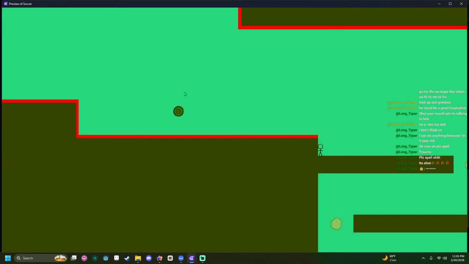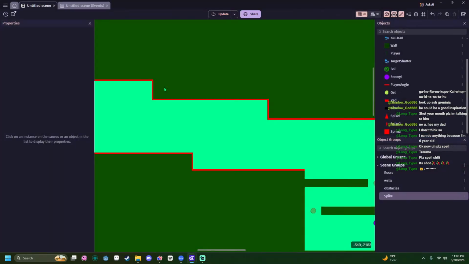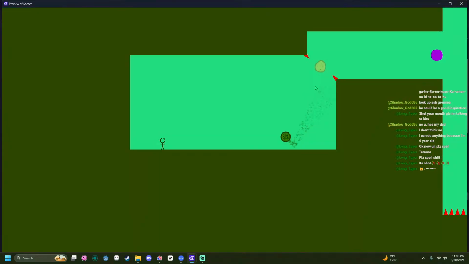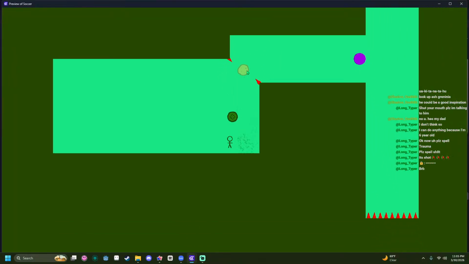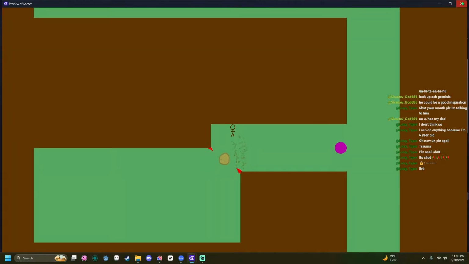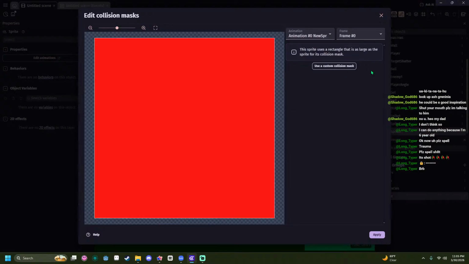Oh my god. Oh, it doesn't work. Okay, why? It's in the group. Does that mean the other spikes don't work as well? Oh, I think I know why it's not working. Or these spikes are actually broken too. No, it's not. Okay, I think the collision box is probably just messed up, yeah.